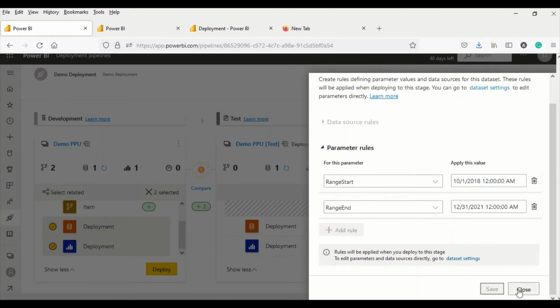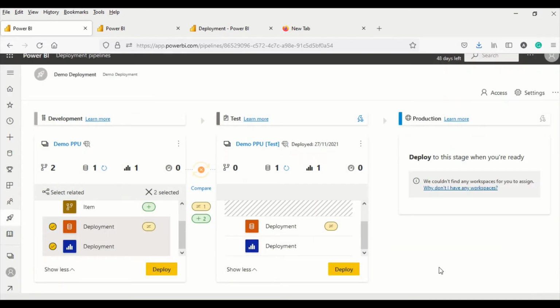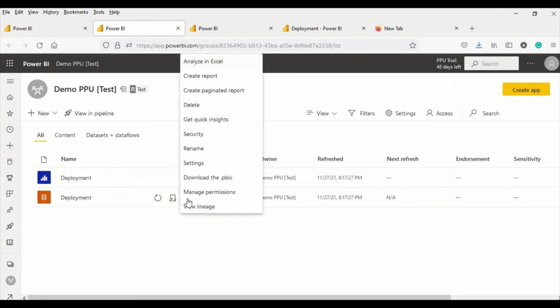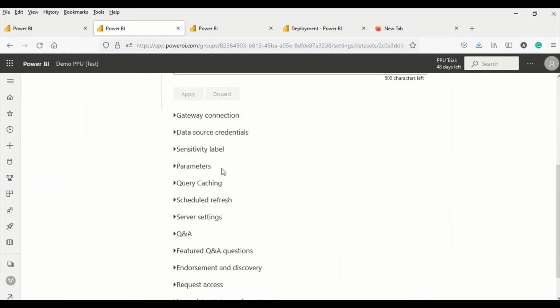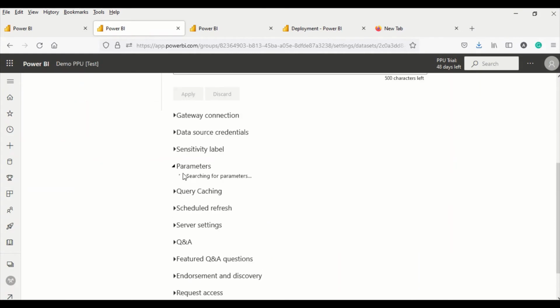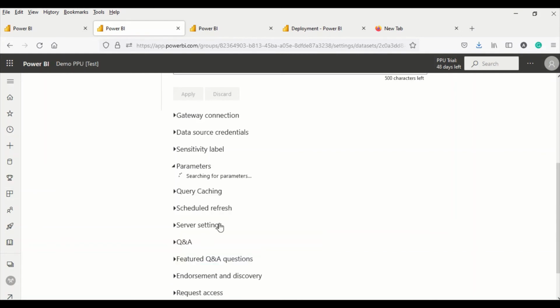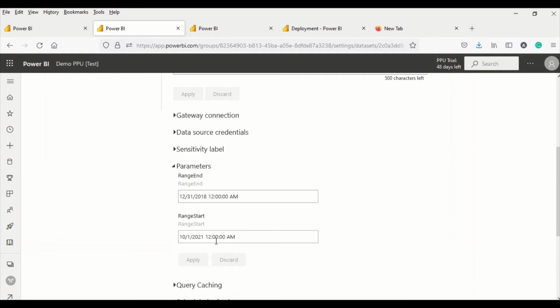Okay. And one more place I'm going to validate this before I do my refresh. I click here and I again go to the settings here, and there's one more place I can give this. There is a parameter here. I see here, still it is not changed. So let me do one thing. This is test, demo PPU test. That's why I came here, because last time I also observed there seems to be a bug in this one. So it's not changed here. Now it is changed here.